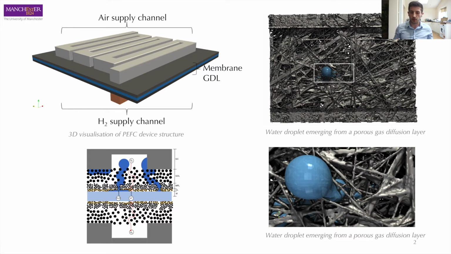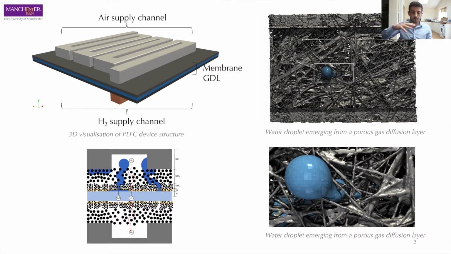So to introduce the concept and the idea, basically what happens is when hydrogen passes across the membrane to the catalyst site in the cathode catalyst layer, water is produced by the electrochemical reaction, and this water then percolates out through the gas diffusion layer into the gas channels from discrete points based on percolation from the catalyst layers. And you can see that from this image on the top left here that this fuel cell device structure